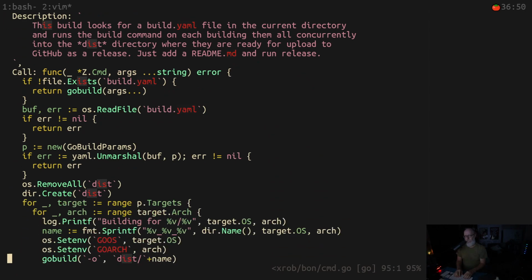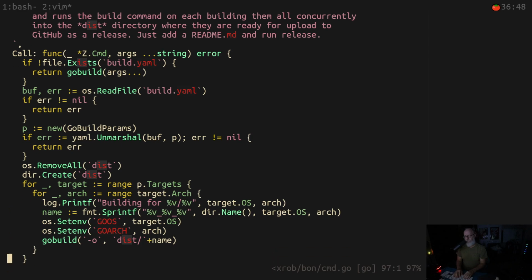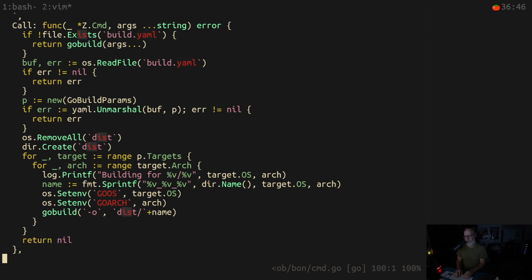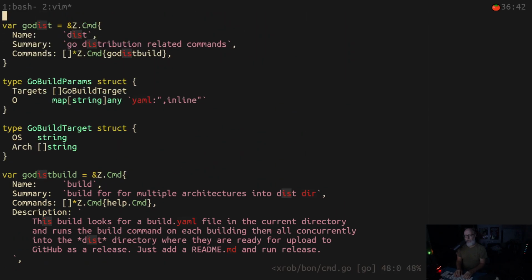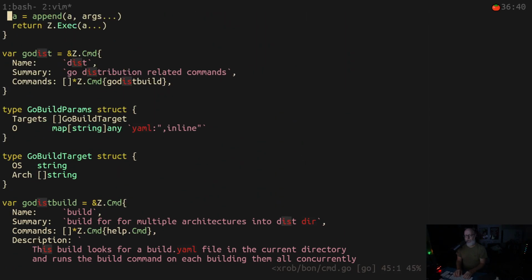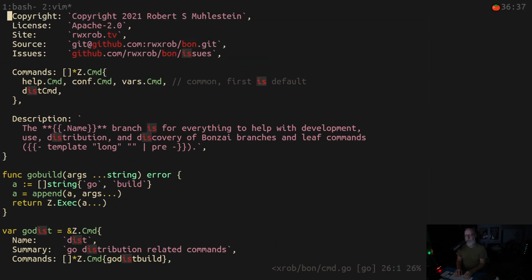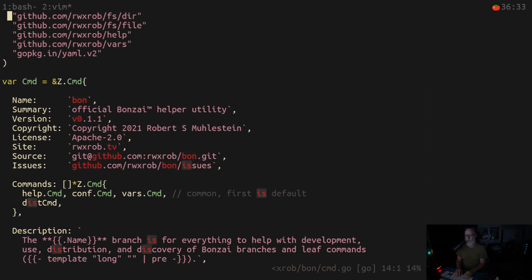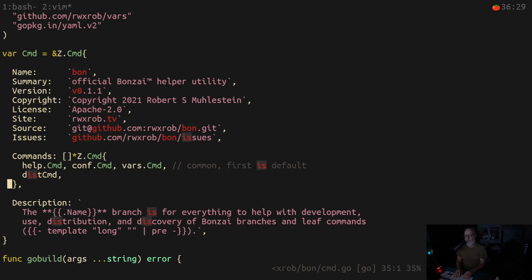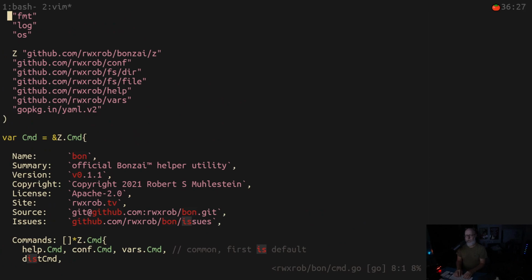Which one's better though, huh? So building for blah blah blah, set environment arch, remove all of this. Okay. Yeah, I don't think I'm gonna need this in here because I already have this in the other one. This is more of a Go thing though. This doesn't really belong in Bon because, yeah, it doesn't really belong here. So anyway, we're gonna